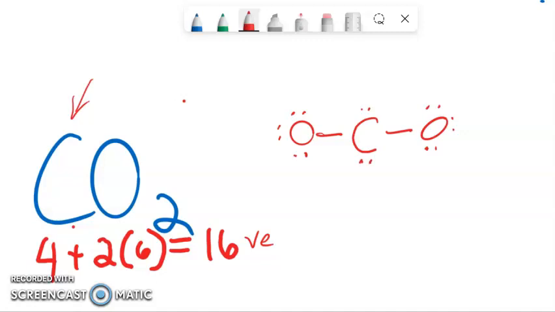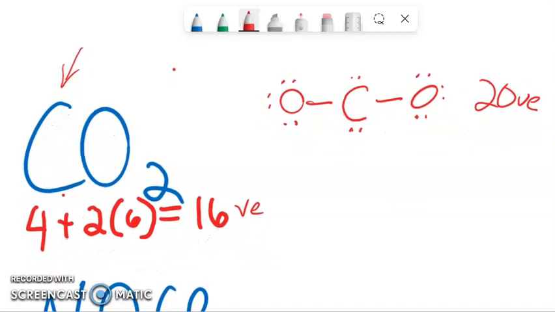2, 4, 6, 8, 10, 12, 14, 16, 18, 20. So this is 20 valence electrons. That doesn't work. Pause and count the electrons yourself to verify that for me. All right, so let's erase 4 electrons. So now there's 18, and now there's 16. Okay, so now we've got 16 valence electrons, but